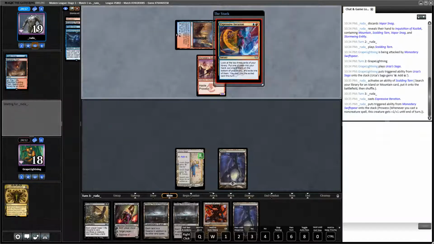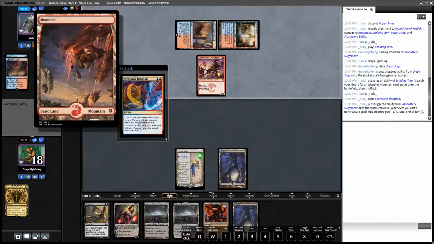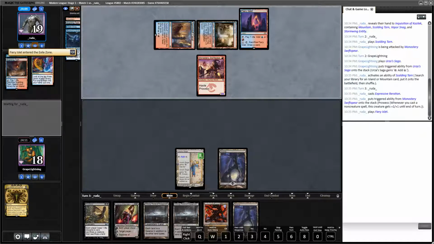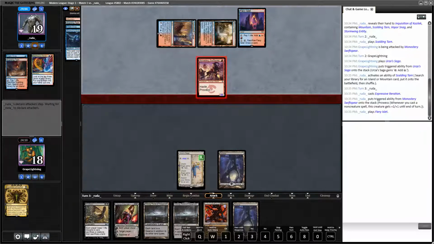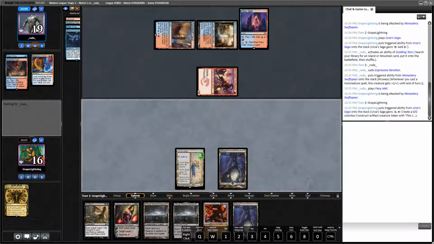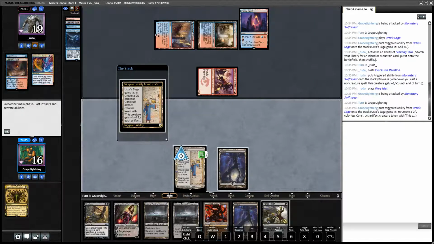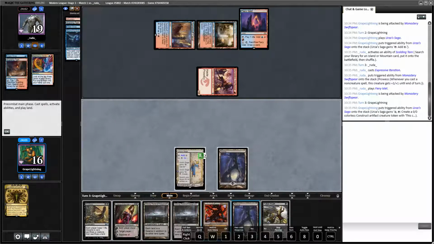Okay, Expressive Iteration, hopefully that means their shields are down for a turn because they have this mountain in hand that we know about. So Fiery Islet. Their shields are still up with this Vapor Snag. So, okay, that's good. We have the Fatal Push. Now we have this opportunity here to...